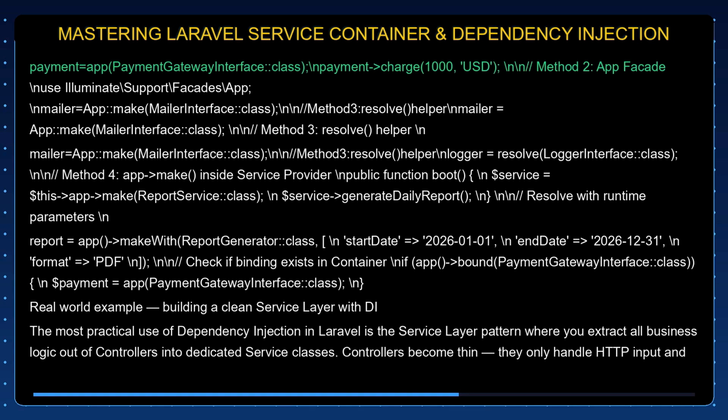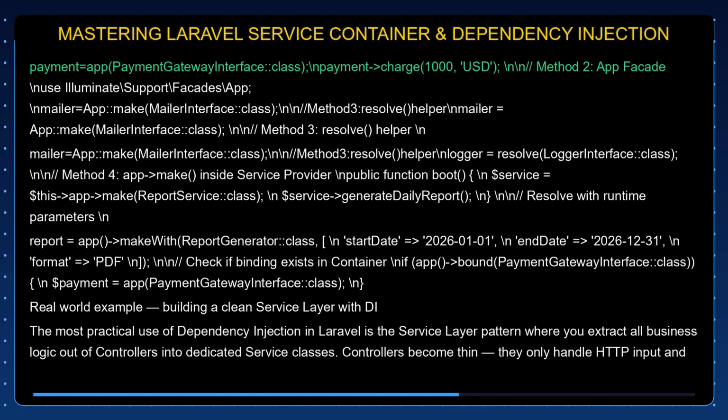Resolve with runtime parameters. $report = app()->makeWith(ReportGenerator::class, ['startDate' => '1st of January 2026', 'endDate' => '31st of December 2026', 'format' => 'PDF']); Check if binding exists in the container. if (app()->bound(PaymentGatewayInterface::class)) { $payment = app(PaymentGatewayInterface::class); }